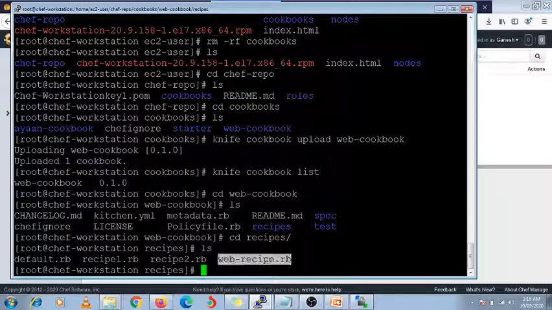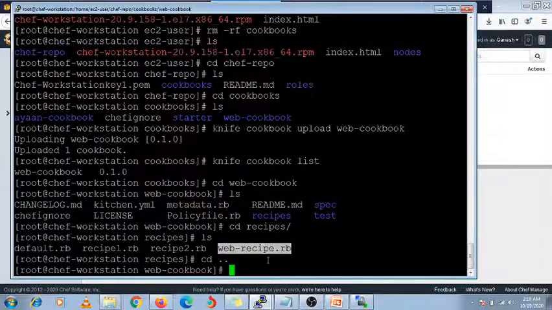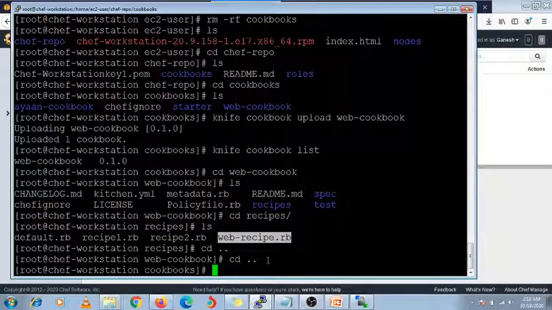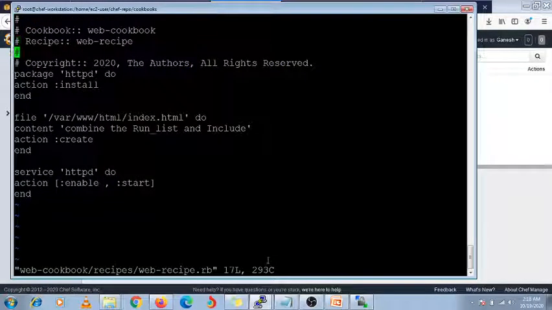First I need to check the content inside it. Before you edit it, first go under your cookbooks. Now you need to edit it, same process we need to follow. Recipes, and this is my recipe, web app recipe.